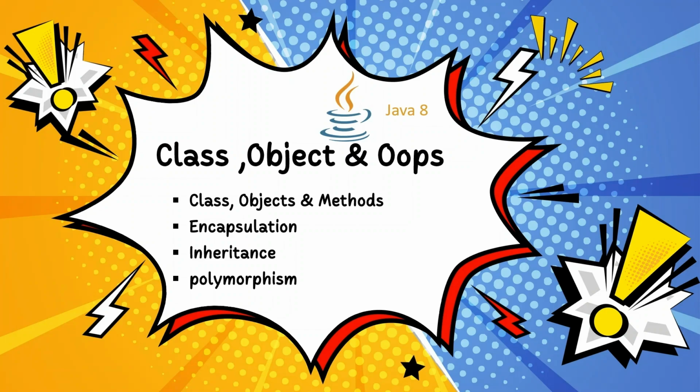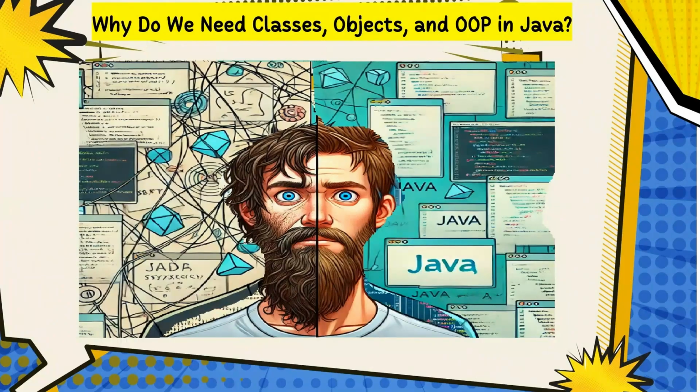Let's dive into the future of programming. Why do we need classes and objects in Java? Java, like any other programming language, mirrors the real world in the way it organizes and structures. Object-oriented programming helps by allowing us to break down complex software into objects, making code easier to manage and more understandable. Before Java, we had languages like C and C++, which, while powerful, lacked clarity when handling larger and complex applications. Java introduced OOP as a solution, allowing us to structure code in a way that mirrors real-world